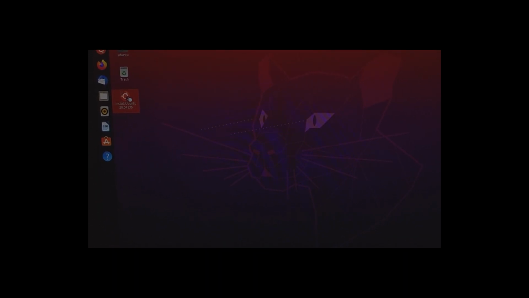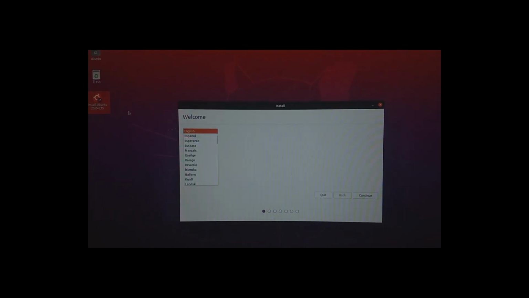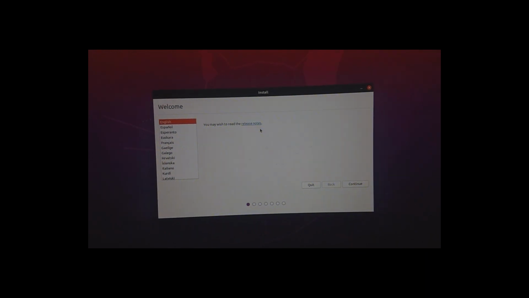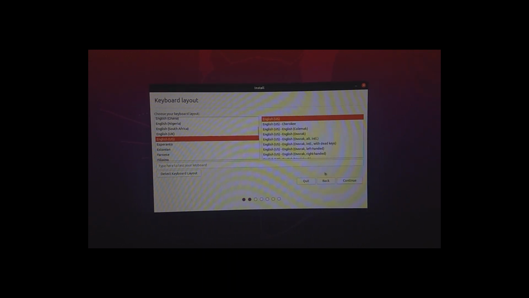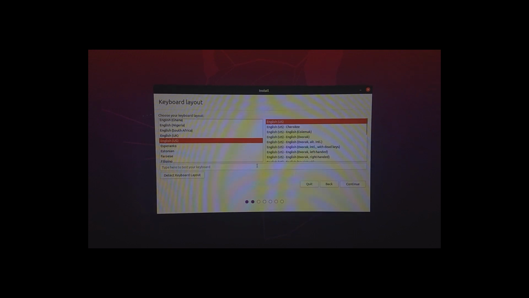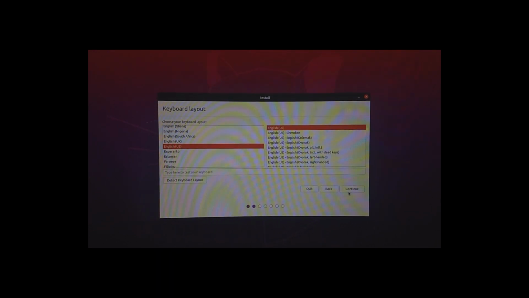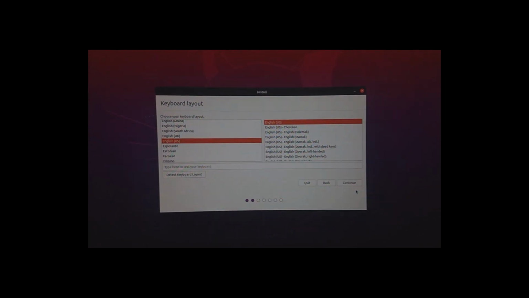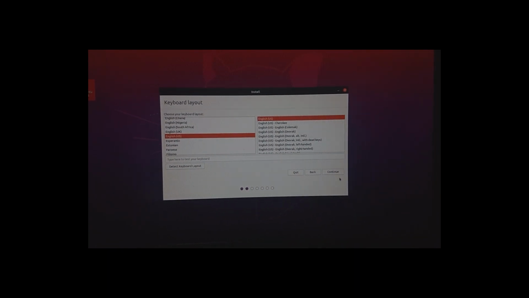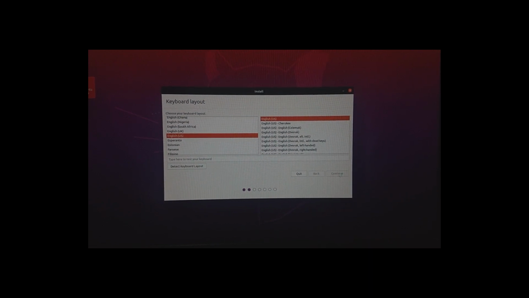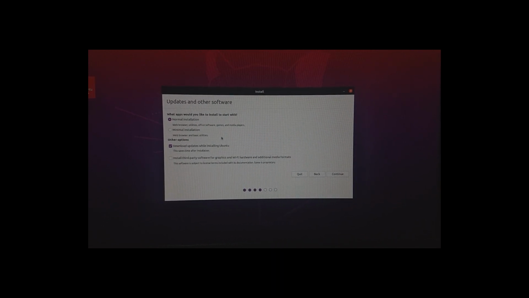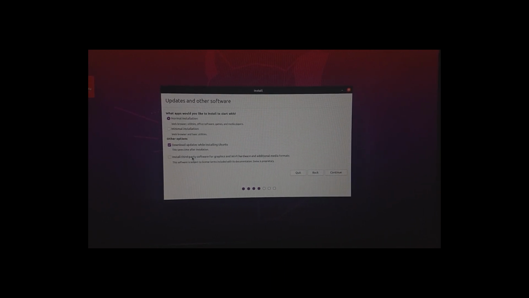And you can see here, this is something new. If you are connected to internet, it will show up a message to read the release notes. So here you can select your keyboard layout if you are from some different place. It's just good with my layout, so I'm just leaving it as it is. Now I recommend installing these third-party graphics drivers and other drivers because